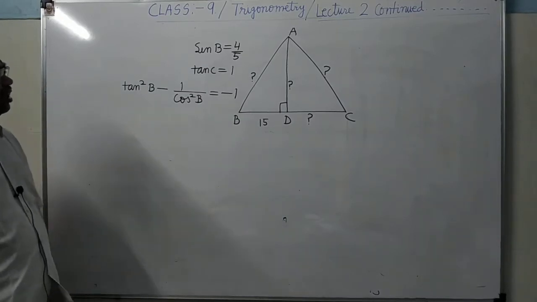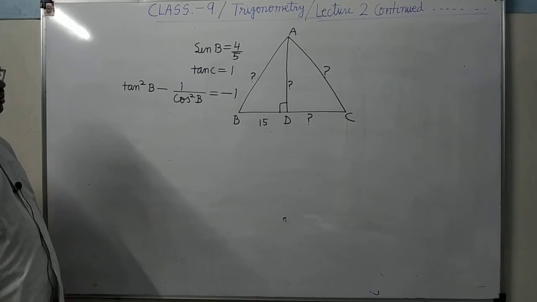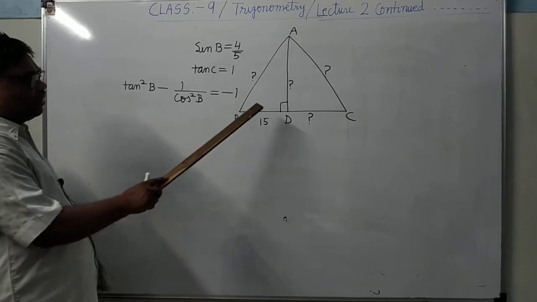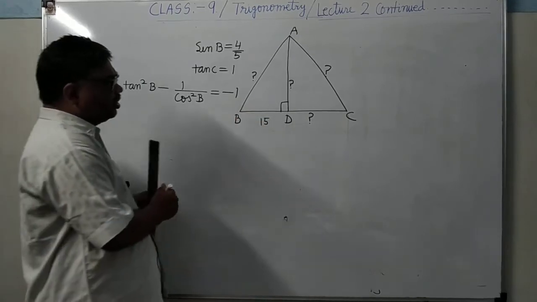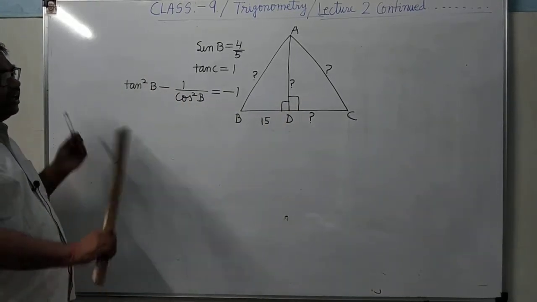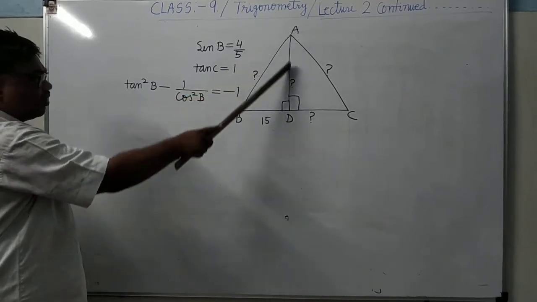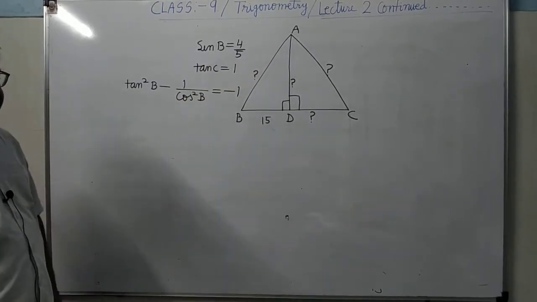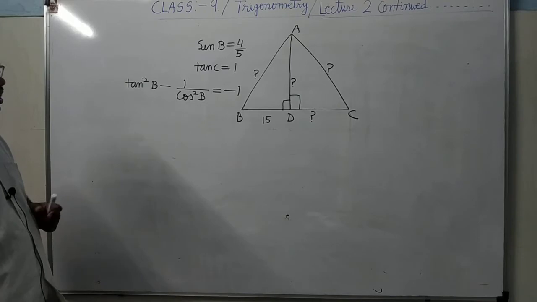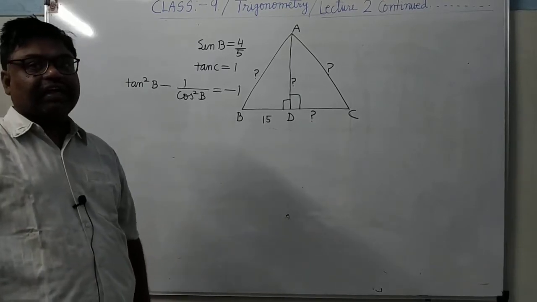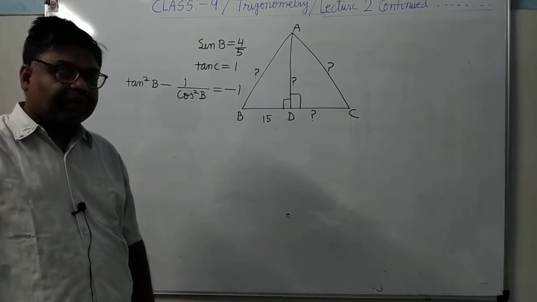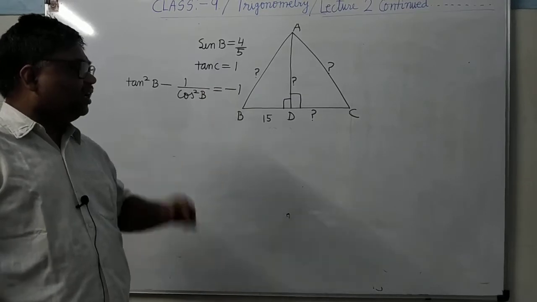So you can see here. First you see the triangle. In this triangle, how many right angle triangles are there? There are 2 right angle triangles. Because this angle is given 90, obviously this angle will also be 90. So one right angle triangle is triangle ADB and the other is triangle ADC. It's clear? Now you see in which triangle at least one side is given. It is the triangle ADB.